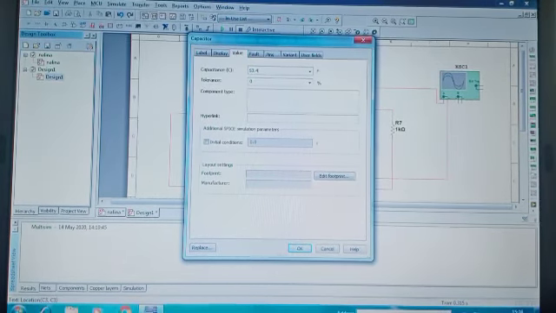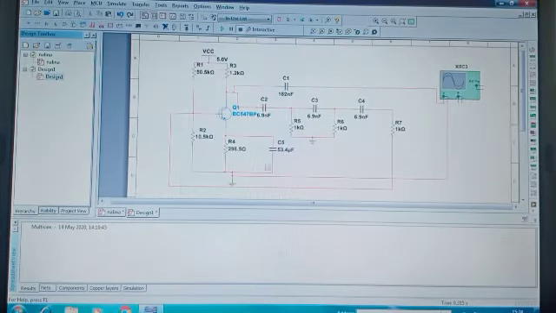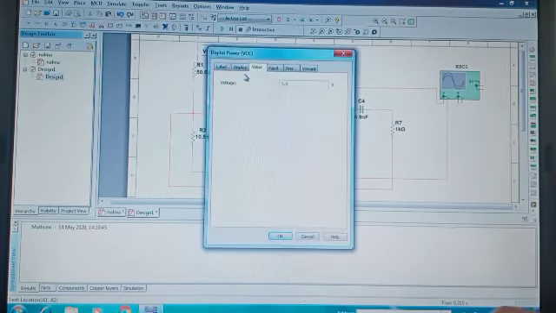Micro you can give via the view so that it takes micro there. So these are the values, and we need to give a power supply of 12 volts.